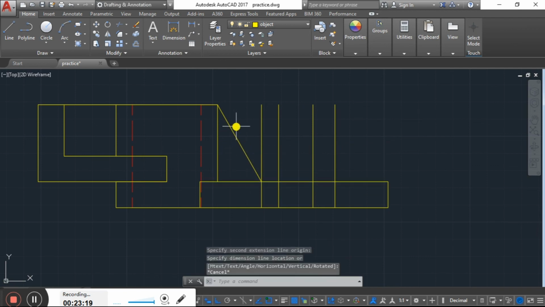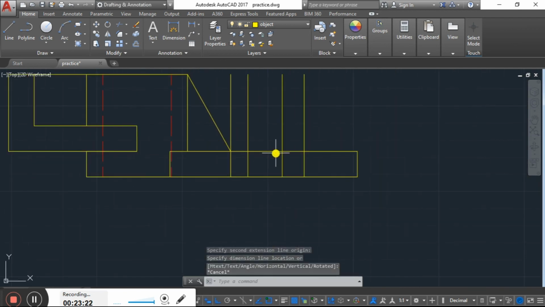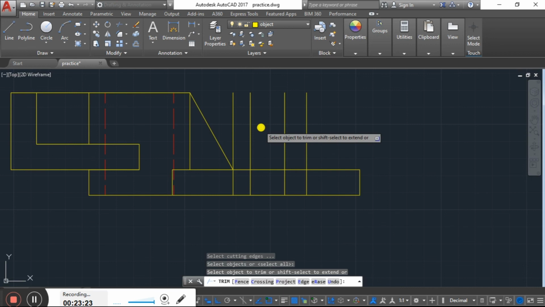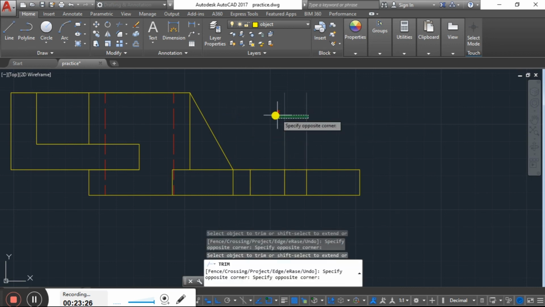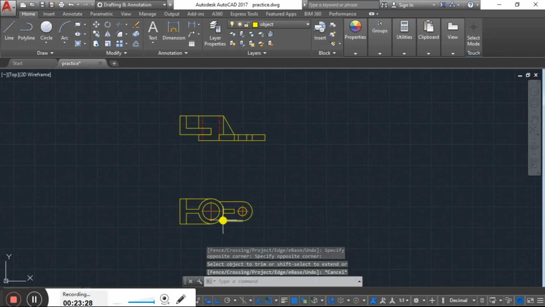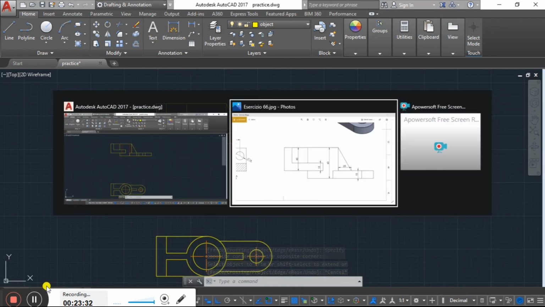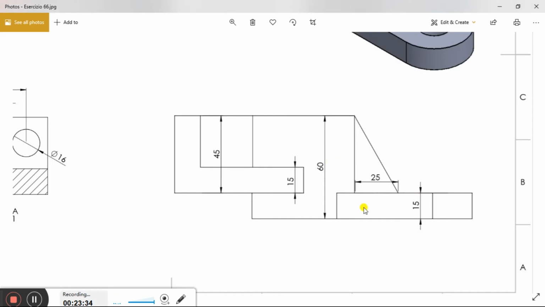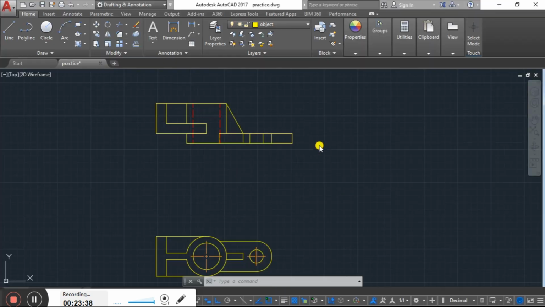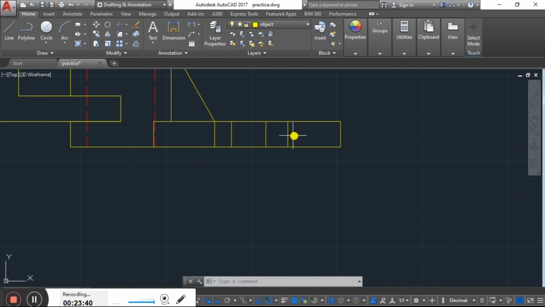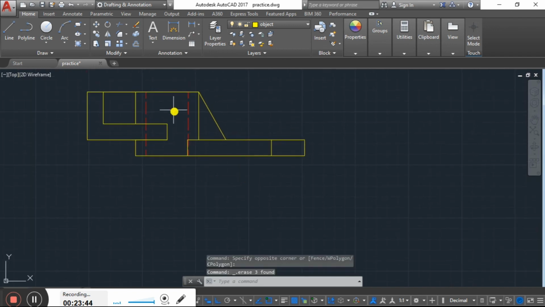This is not similar, so just trim. Going to the view, this line is pending, so this line is here, just delete it. So now the views are completed.